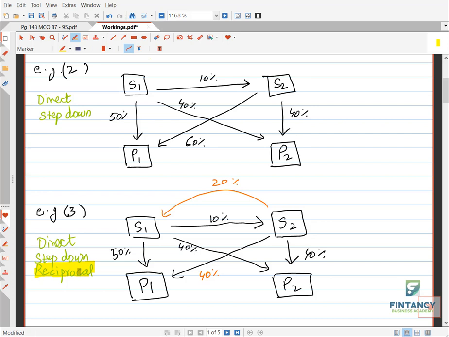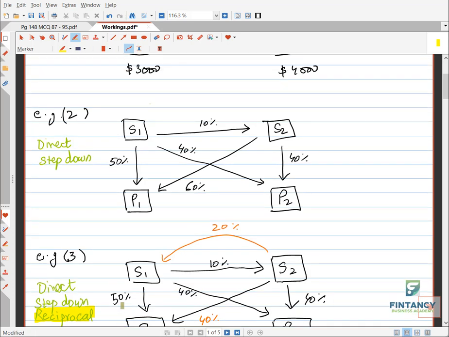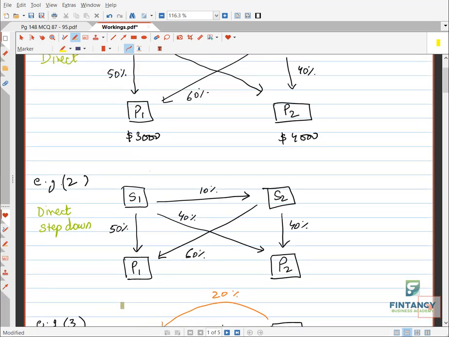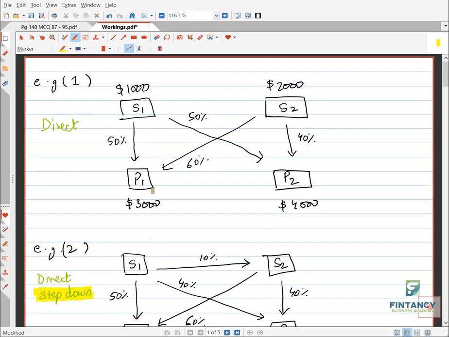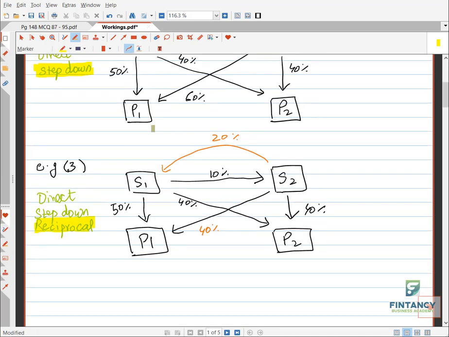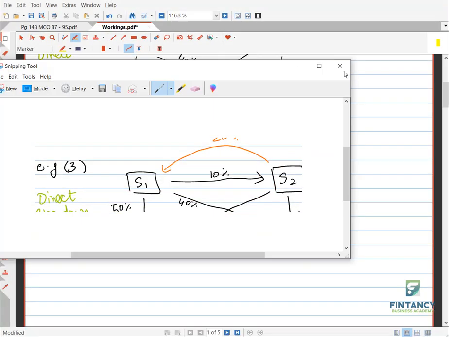Reciprocal method. Okay. If the examiner is giving you the situation of example 2, and he is asking you in this type of situation which method is most appropriate, you will say step down method. Getting the story, everyone? And definitely here if the examiner is asking which method is appropriate, the answer is direct method, because that is the only method we can use in this situation. Okay, got it? These are questions in the exam, by the way. Like this they will ask you. Let me copy this again and we will use it to solve our question.